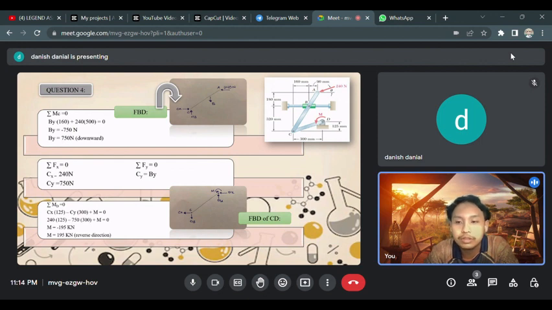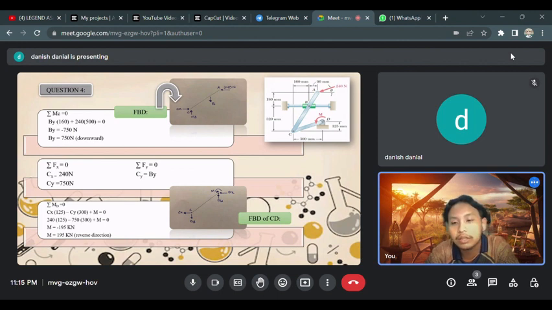So the next is sum of Fx equal to 0, which is directed to Fy, which is also equal to 0. So the fact is Cy is equal to By. So they have the same answer, which is 750 Newton, and Cx is 240 Newton. So last is the free body diagram of CD. So at the top of the below is the point of D that has Dx and Dy. So the equation of equilibrium is sum of moments about D equal to 0,